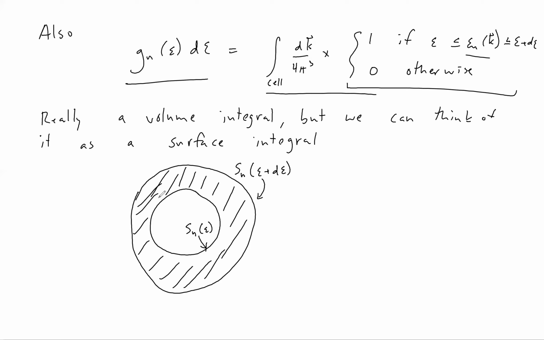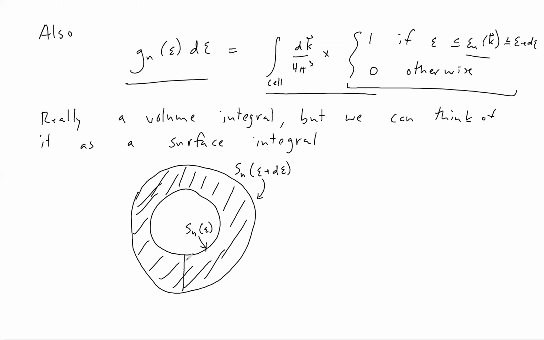So really, of course, I should be doing a volume integral. But one way for me to imagine simplifying this is to say, well, these two surfaces are basically the same. So to approximate this volume integral, let me just integrate over the surface and multiply then by the distance